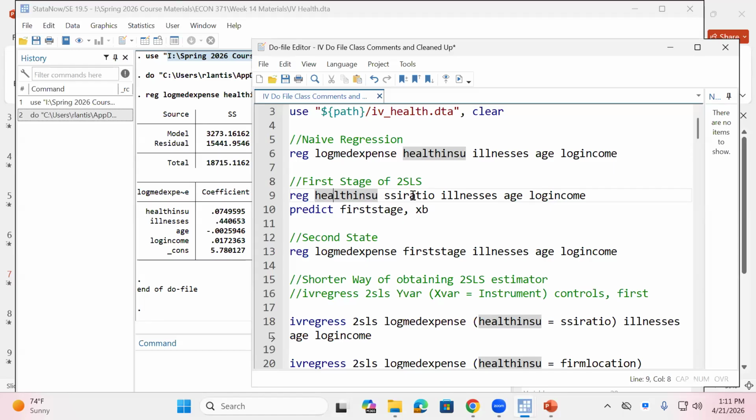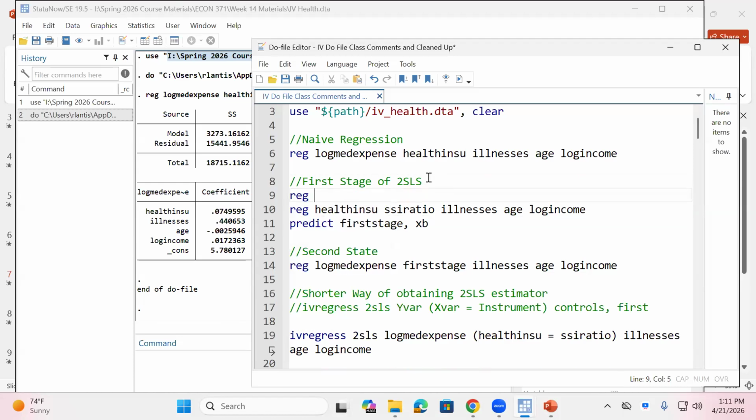So it meets that first criteria, which is that it's endogenous to X. This social security income ratio, or how much money the state is giving me, will influence my decision to get private health insurance or not. So that's my first stage. So I'm just going to run this regression. You can almost think about it here. And when I was writing this out in general terms, health insurance is the X variable I wanted to know the effect of. So remember,